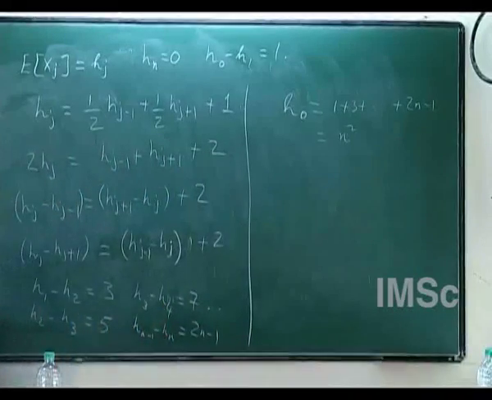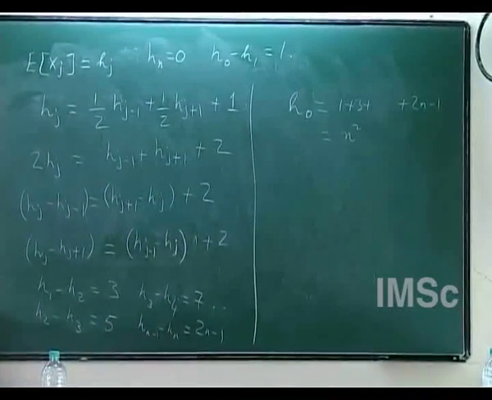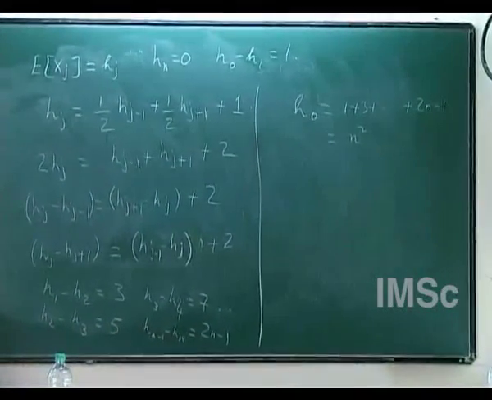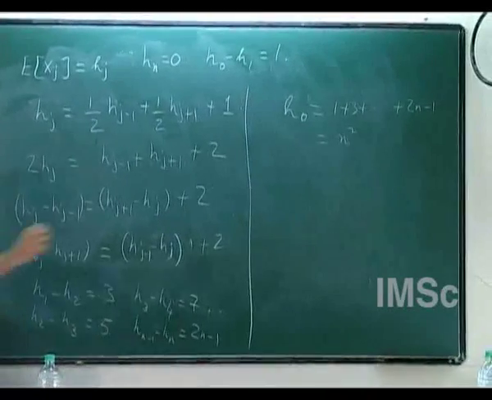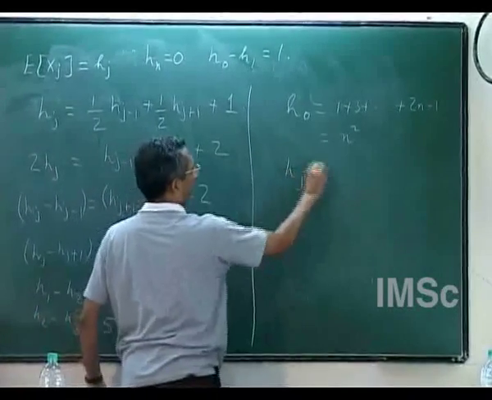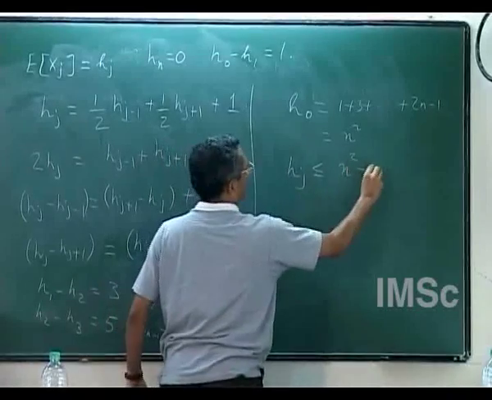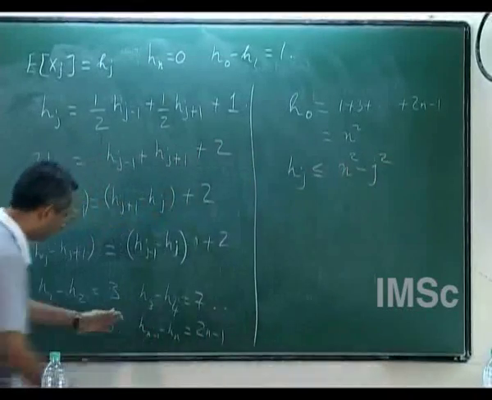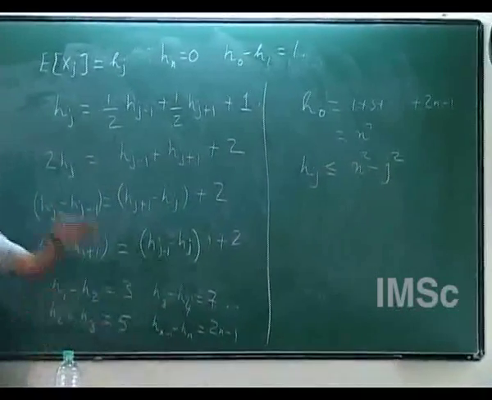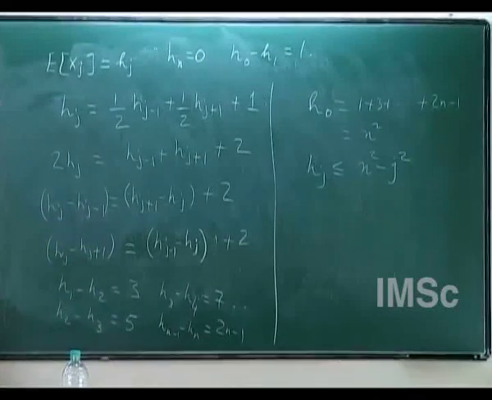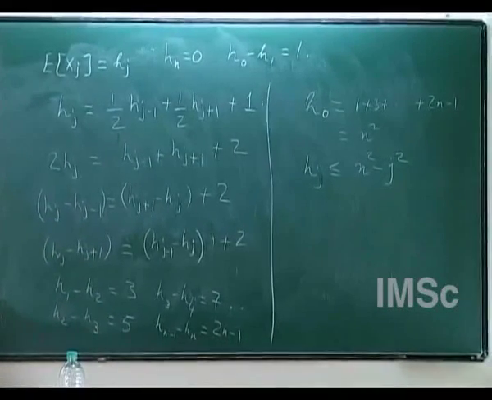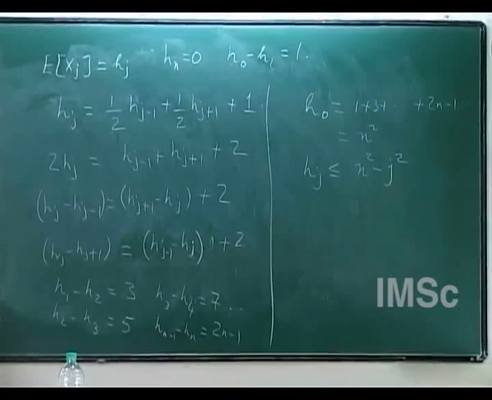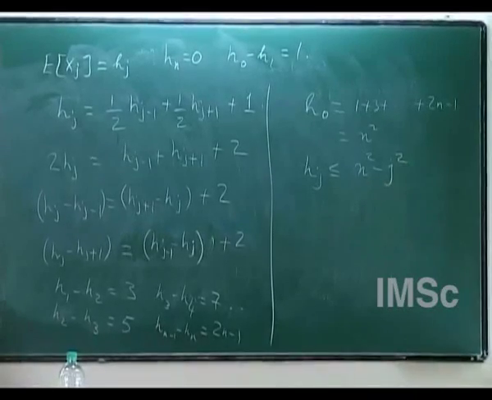So h0 is n square, and you can figure out that hj is bounded by n square minus j square. Let me just write that down and you can check it for yourself. N square minus j square. Because then you just have to pick those things in the summation and add them up. So it will be the tail of that sum. So the expected number of moves, if you start anywhere, to get to the absorbing barrier is quadratic, order